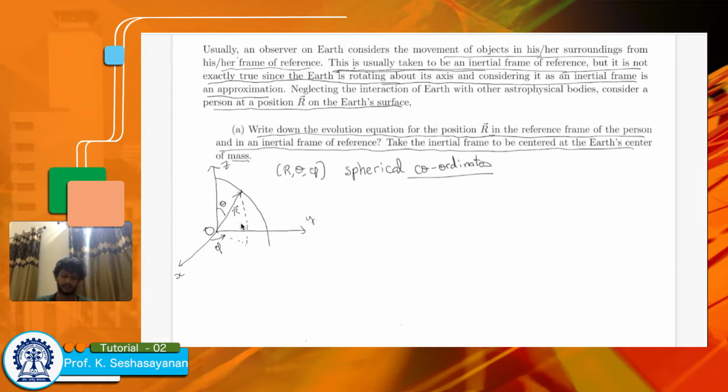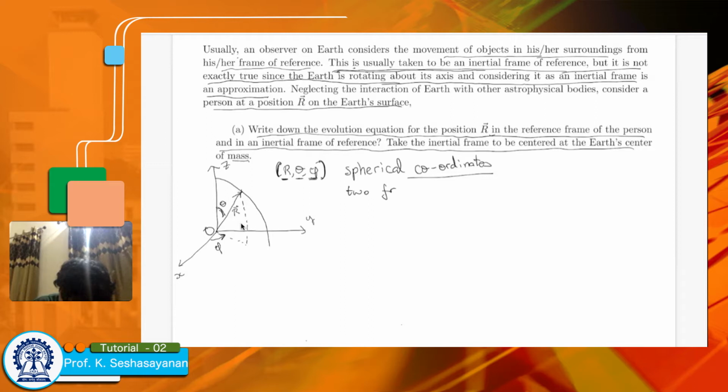And here our position is given by r vector, and we use 3 coordinates to denote the position. So one is the radius r, another one is theta, and the other angle is phi. So the spherical coordinates, and we'll consider 2